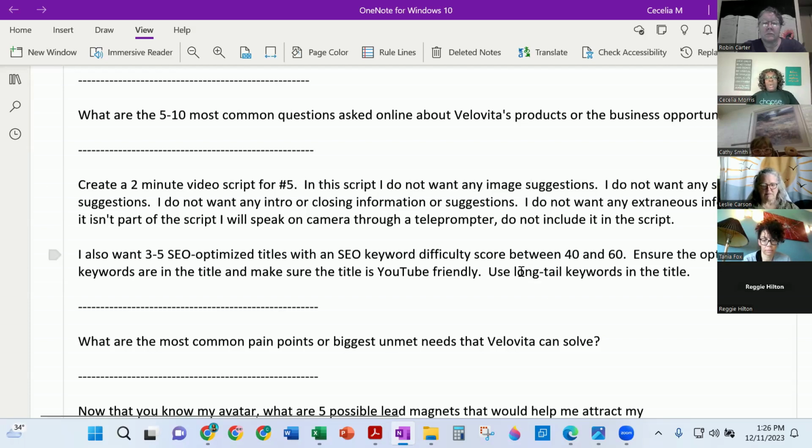And then this last part, when I say use long tail keywords, the purpose for using long tail keywords is because long tail keywords have a higher likelihood of ranking you to the top. So I'm going to give you an example. If you use a keyword, say network marketers, right? Network marketers is a very, very, very common keyword. But if you say single moms working as network marketers, that is a very specific keyword, and that's what we call a long tail keyword. Using long tail keywords will also help you get to the first page of Google.